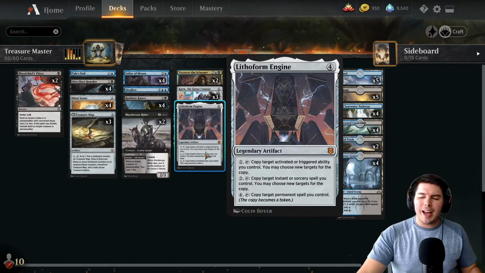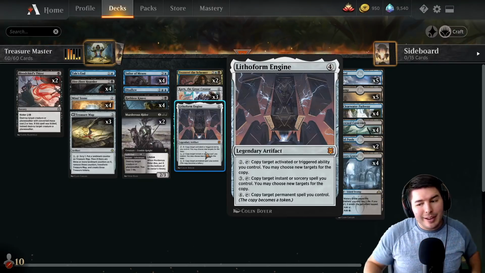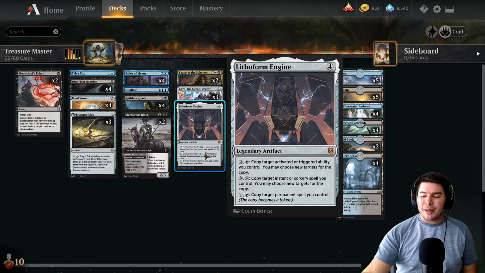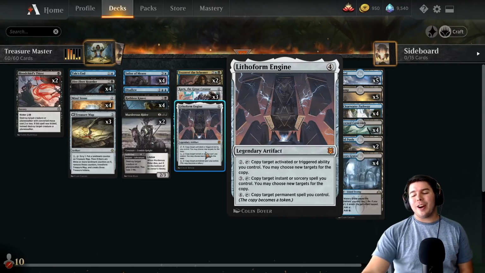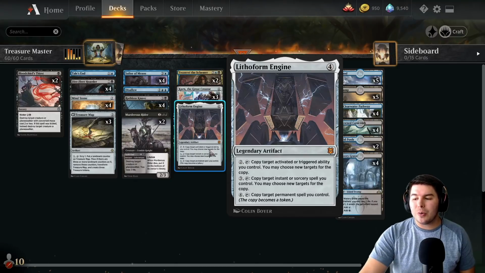Chat decided that we really needed to throw in Lithoform Engine, and I completely agree. I've not played with this card. I don't know what I'm doing. I haven't played with this card. So 4 mana legendary artifact, pay 2, copy target activated or triggered ability you control, which means we can copy